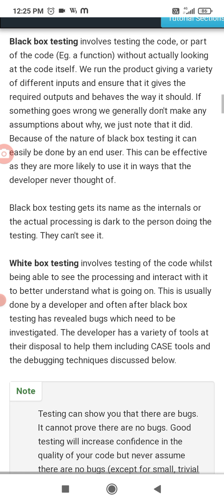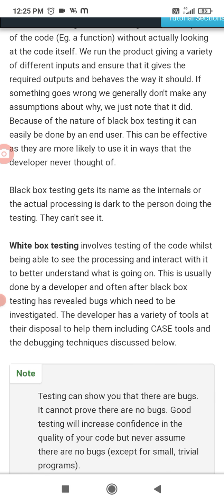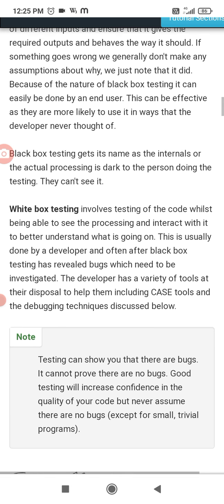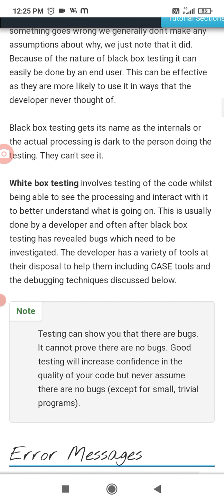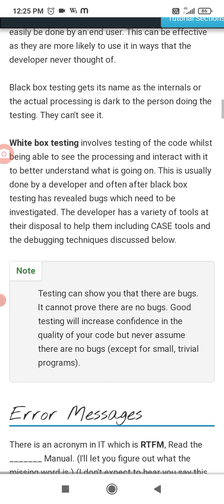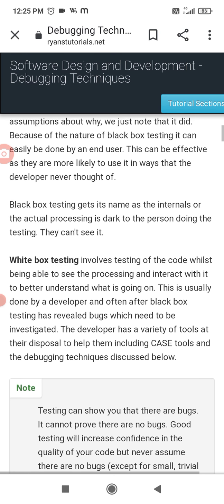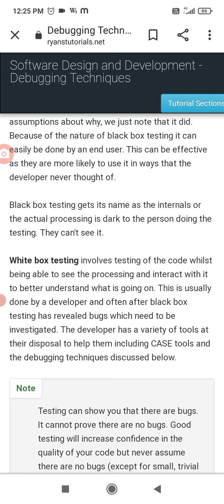The developers have a variety of tools at their disposal to help them, including CASE tools and the debugging techniques discussed below.